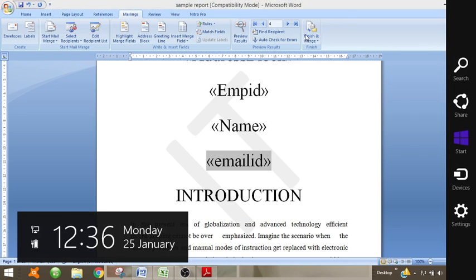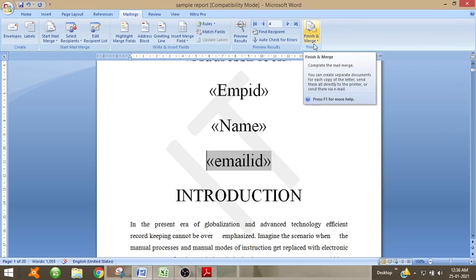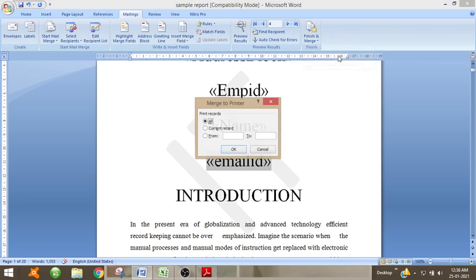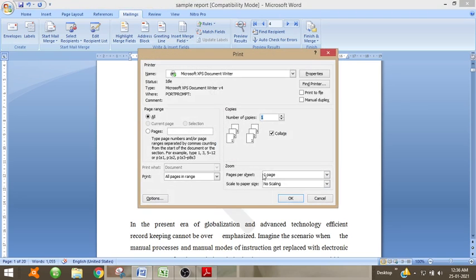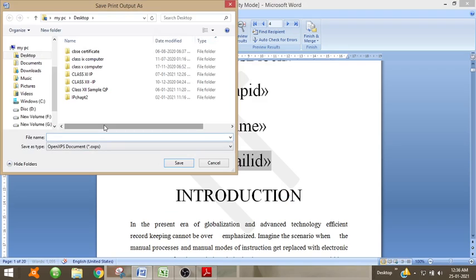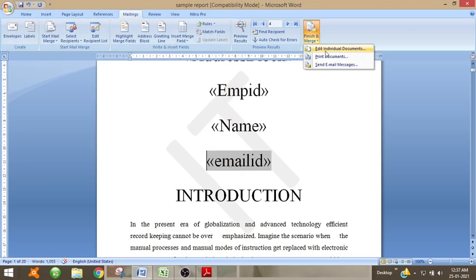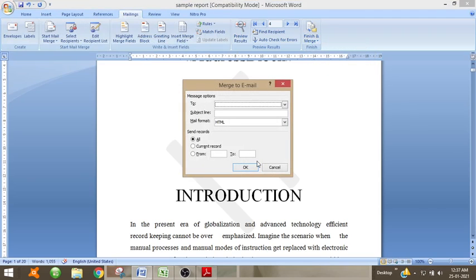So if I finish merging, finish, you can select to whom you want to mail.